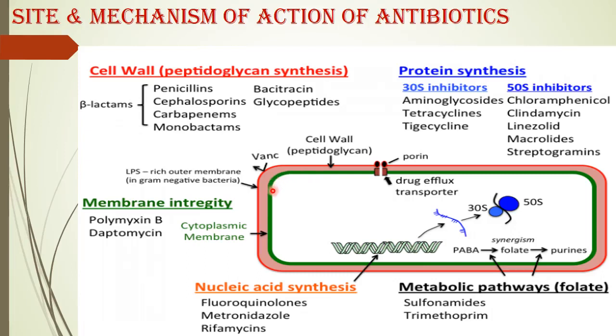This is not the human cell, this is the bacterial cell. But if it is a human cell, we won't be having this cell wall. Here you can see the middle portion, cell wall, peptidoglycan, and outer covering. These two things are not available in case of the human cell. But in case of the bacterial cell, apart from this cytoplasmic, this green color cytoplasmic membrane is available in bacterial cell also, in human cell also.